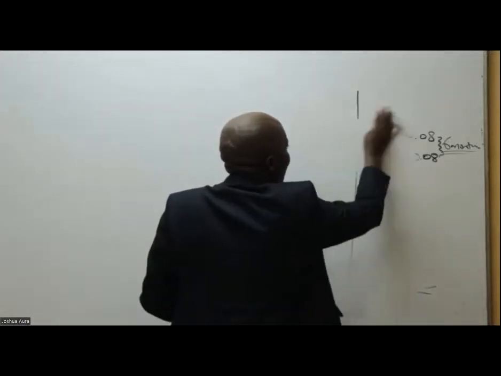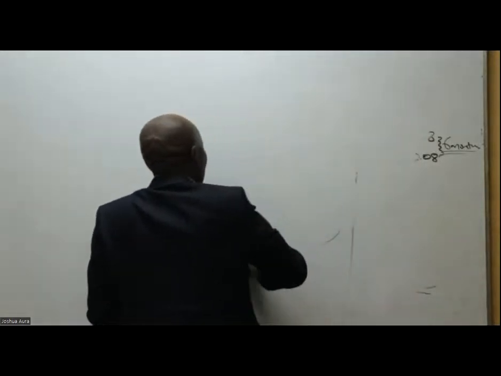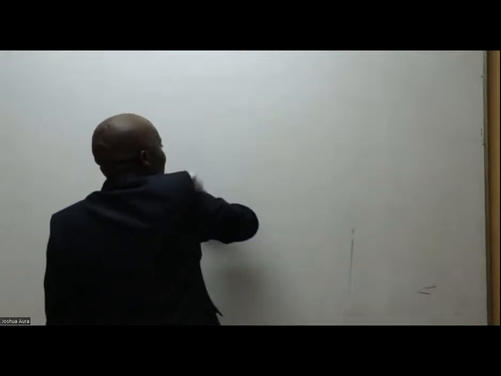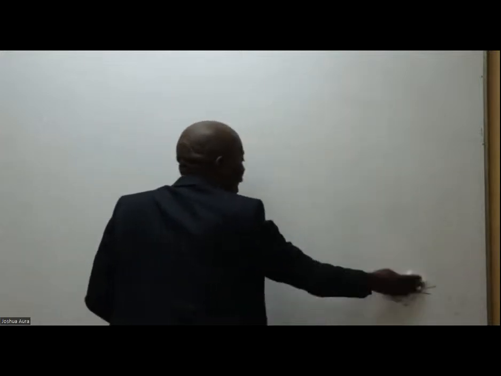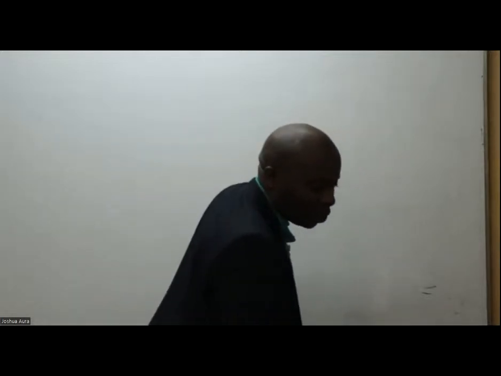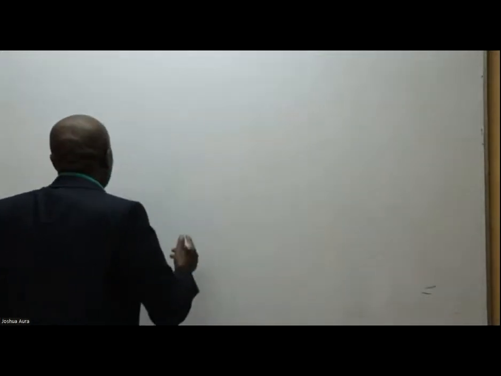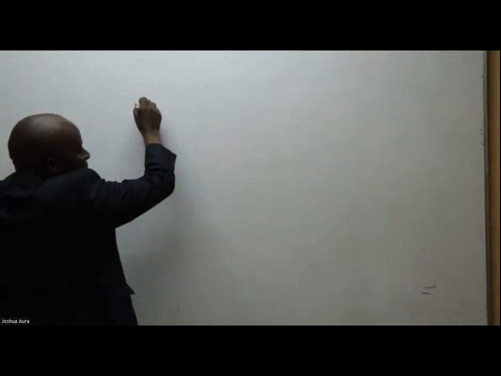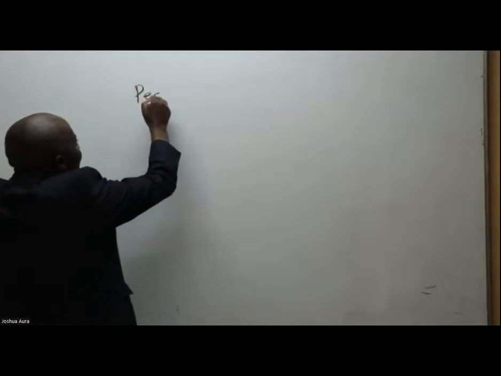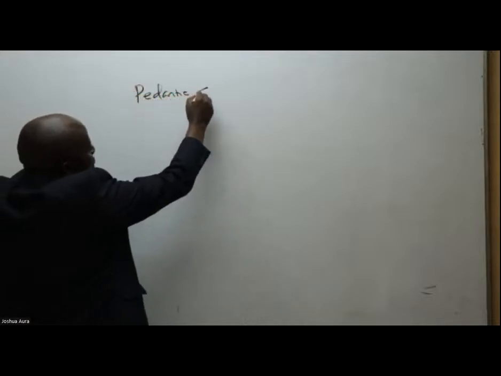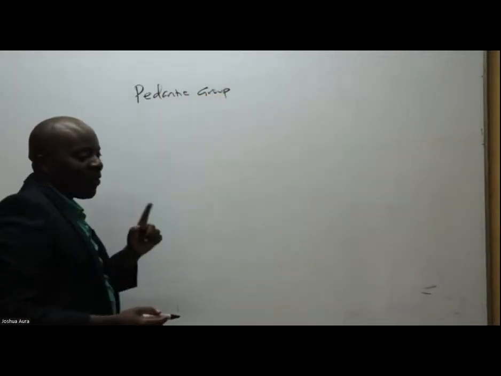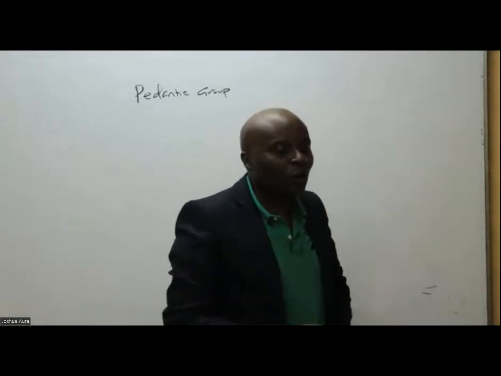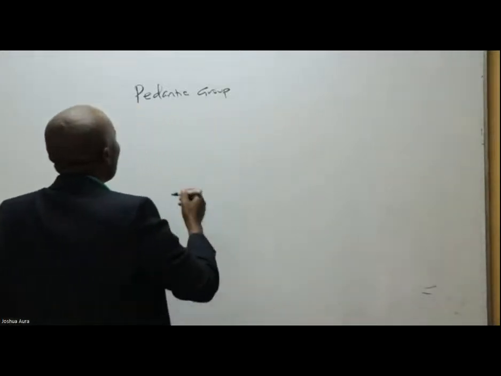What has this examiner asked you to do? In Roman 2 of the question we are on today, the examiner has asked us to do something very simple. You start with the name of the company. The name of the parent company is Pedantic, so we call this the Pedantic Group. The group will always be called by the name of the parent. So Pedantic Group,